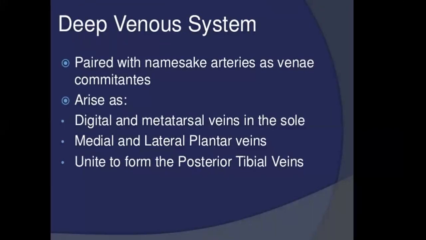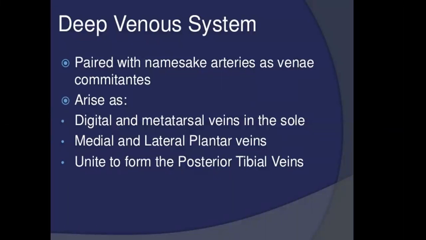Now comes the deep venous system. The deep veins arise as they accompany their associated arteries. The arteries, as you all know, are located deep in the lower limbs, as anywhere else in the body, and the veins or the venae comitantes draining that area get their names from the draining arteries.